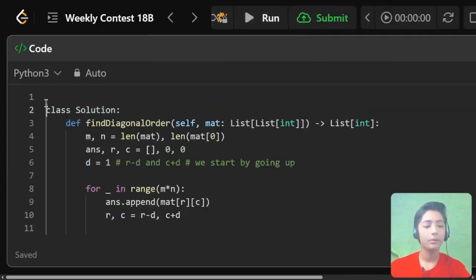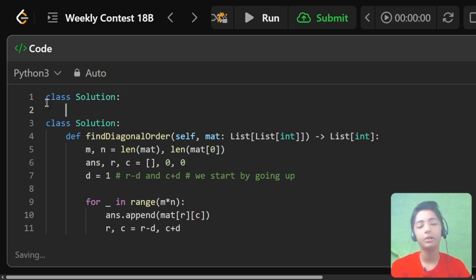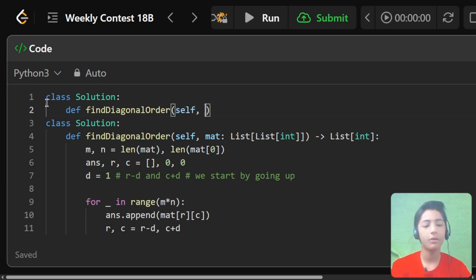Okay, and like you all know, whenever we start to solve any question, we solve all of our questions in Python 3. So first of all, I define a class Solution, because this is a rule of LeetCode. Whenever you start to solve any question, first of all you define a class Solution. If you do not define a class Solution, it will give you an error. Okay, so the def keyword defines here findDiagonalOrder, and this is our topic. Okay, diagonal order. So define here a rounded bracket in which you write self comma mat, then list, and